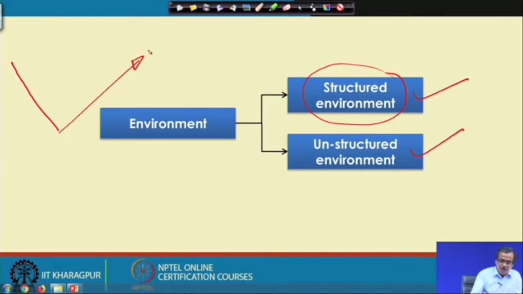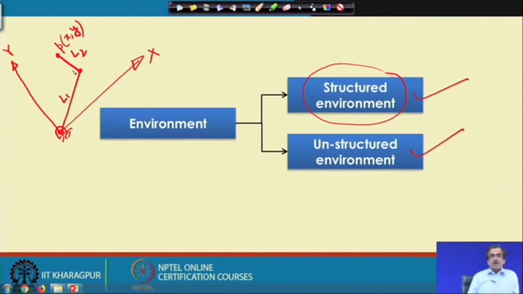Supposing that I have got x and y in a Cartesian coordinate system, and I have got a robot. The robot has 2 degrees of freedom, very simple. So, this is L1, this is L2. Okay. So, this is the length of the first link, the length of the second link, and this is the tip of the manipulator whose coordinates are x and y. Supposing that I am just going to give a task that you start from here, that is point S, and you reach the goal, that is point G.